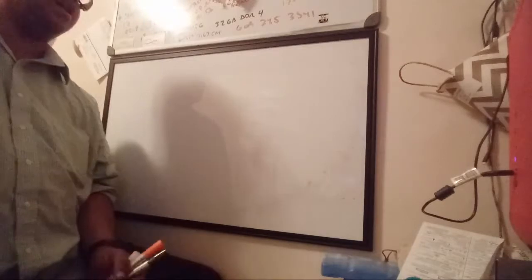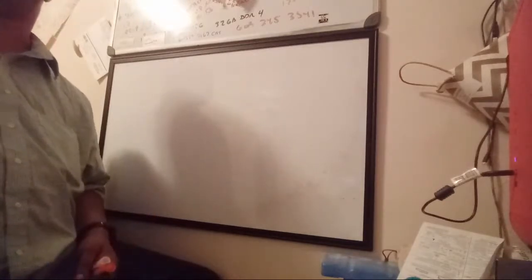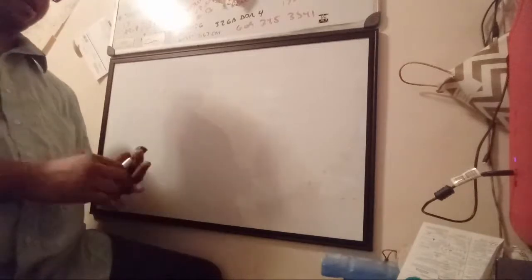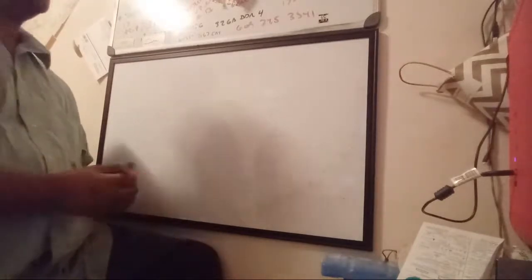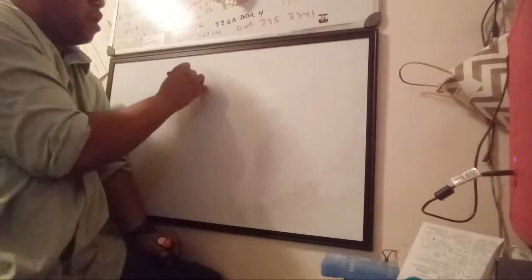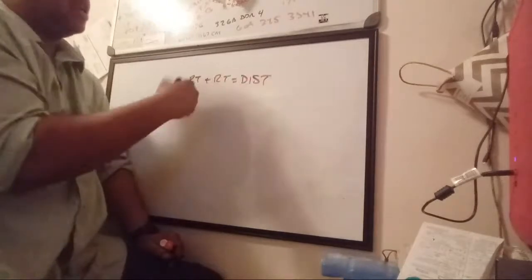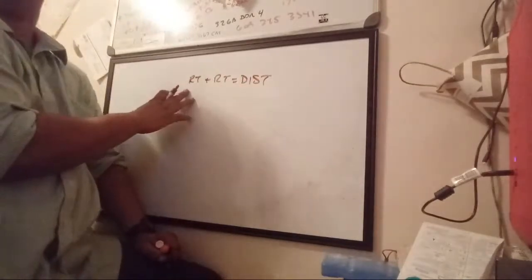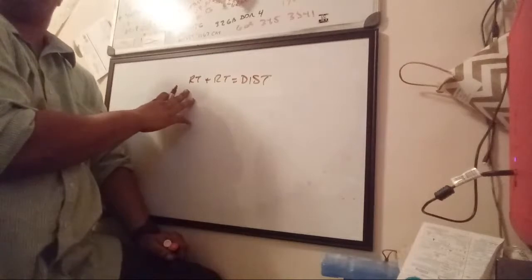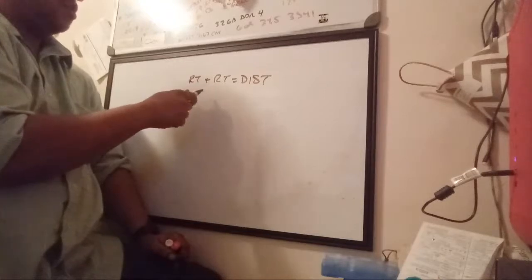So what kind of problem? Expansion. Say expansion. Oh, expansion. Yeah, okay. So RT plus RT equals the distance given in the question. Now, here's the kicker. They don't give us speeds. They do give us times. All right, so